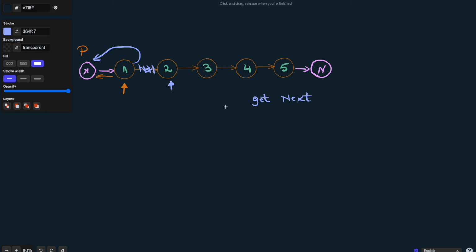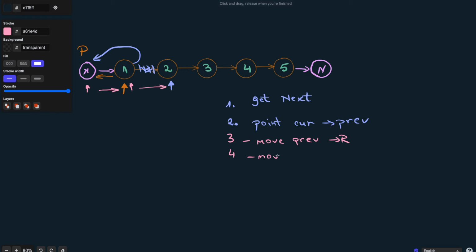The second step is to point our current node to the previous, right? So point our current to the previous one, right? And then all we have to do, after we've done that, is move this previous one over to the right and move this current right here one over to the right. So do you see what we're doing right here? So step 3 and 4 is move our previous towards the right,